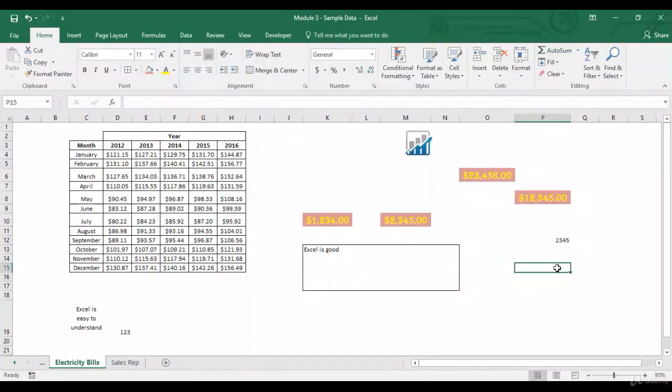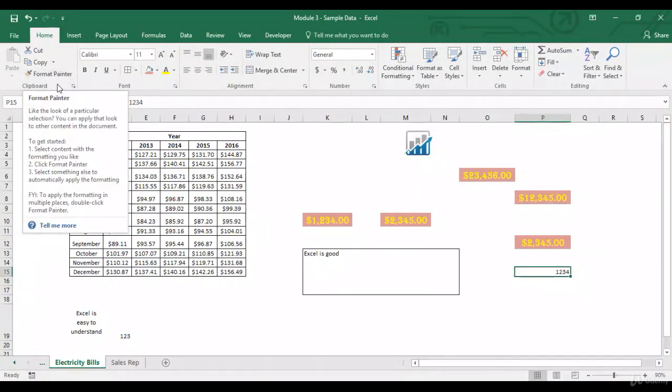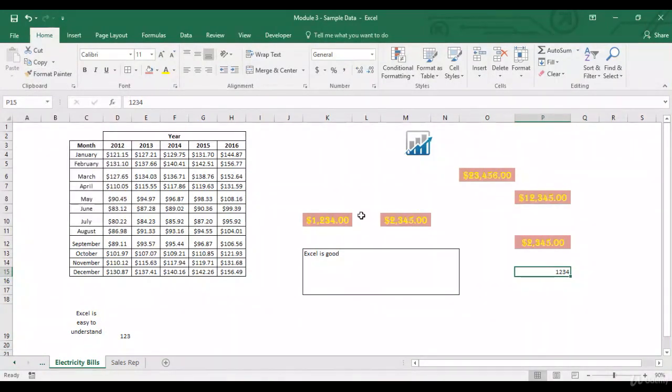Let's say I've got two more values over here. Now if I just click on Format Painter once, right after clicking on this cell, when I go on this cell, the Format Painter option is already gone. So to make it everlasting, you need to click on it twice, and in order to escape from it, or remove Format Painter, you just need to click on the Escape button.